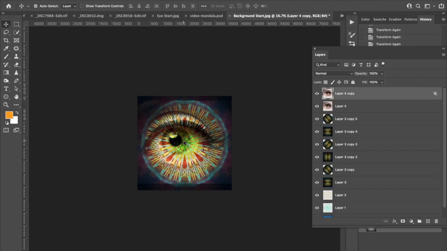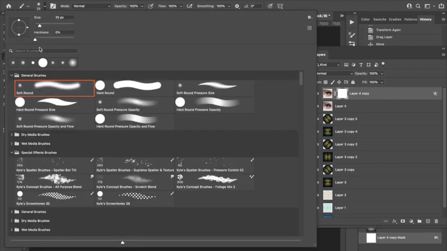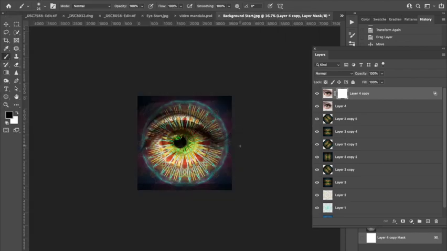Then going back to our image, we can just reposition things as necessary until we get the eye looking the way we want it to. You can apply a layer mask at this stage, and then you can use your brush tool and paint on the layer mask in order to bring back some detail where you may want it. Might want to just bring back, just reverse that, a little bit of detail around the eye area, so we've got that shining through. So just painting on the mask, you can bring that back,